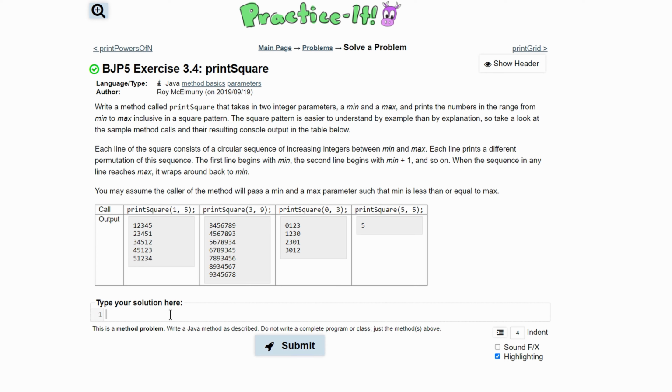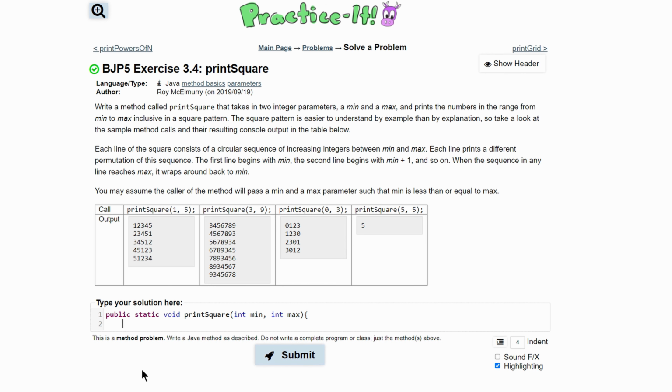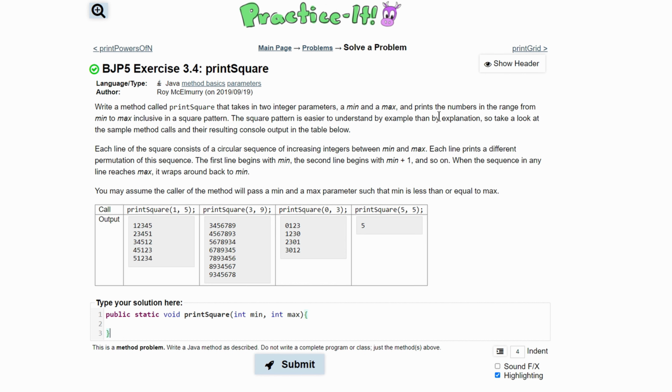For practice it, exercise 3.4 printSquare, we're asked to write a method called printSquare that takes two integer parameters, a min and a max. So we're going to have a public static void, and then it's going to be called printSquare. In our parameters, we're going to have an int min and int max. After we have this, we are going to print the numbers in the range from min to max inclusively in